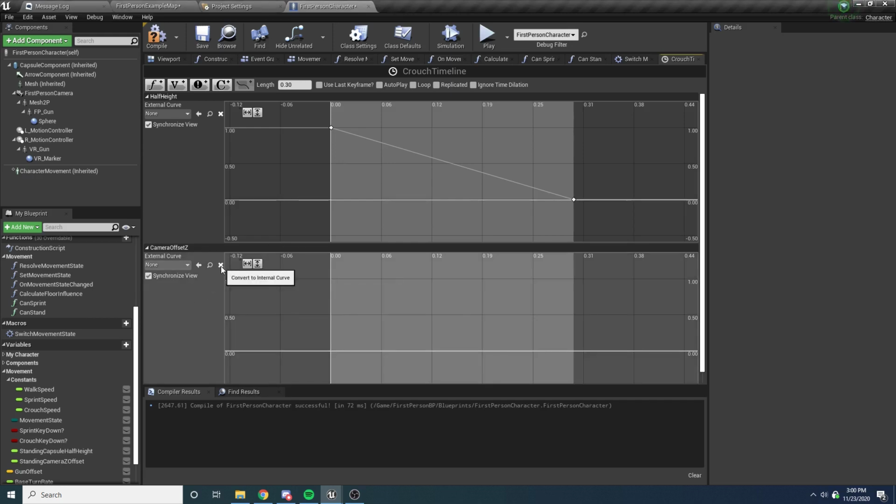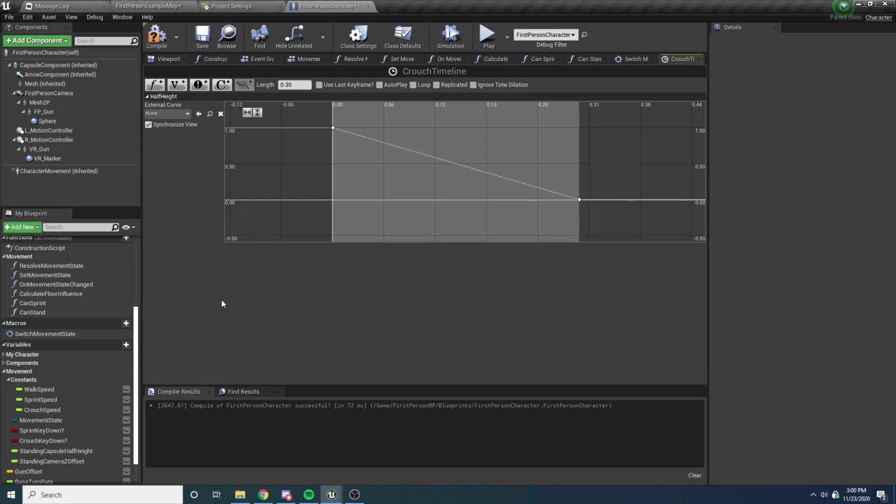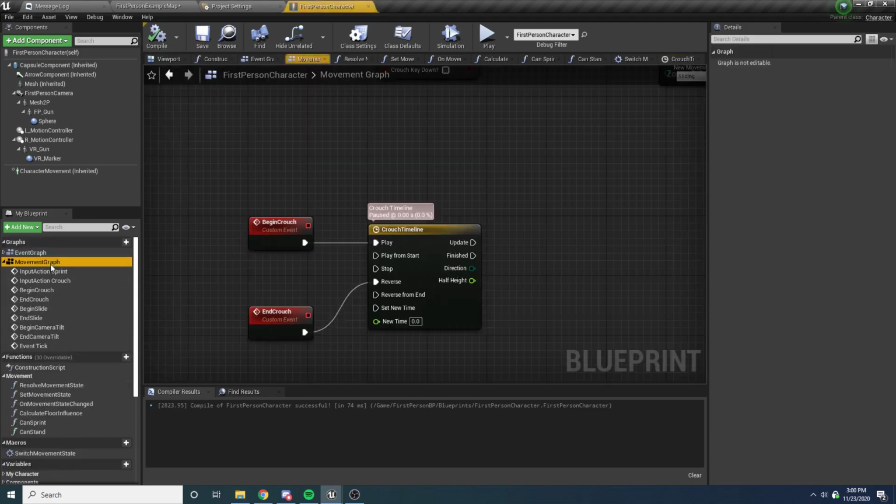Let's just delete this guy. How do I delete this? Right click, delete, yeah. So actually that's all we need. We just need this one event graph. And then I don't think we need to check anything else. No, we don't. Okay, so back here in our movement graph now, where we are using this timeline, what we want to do